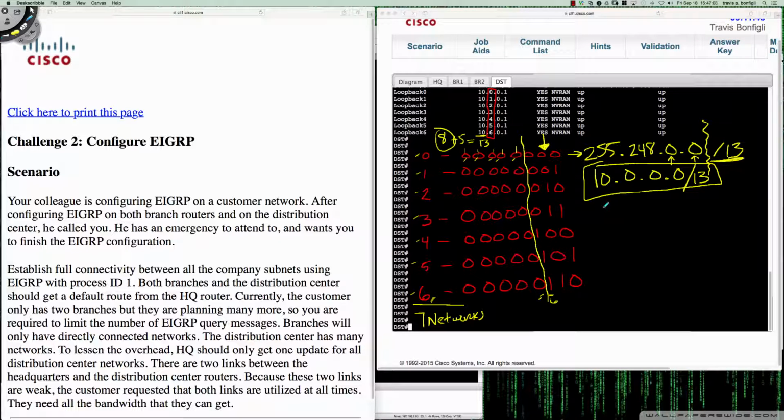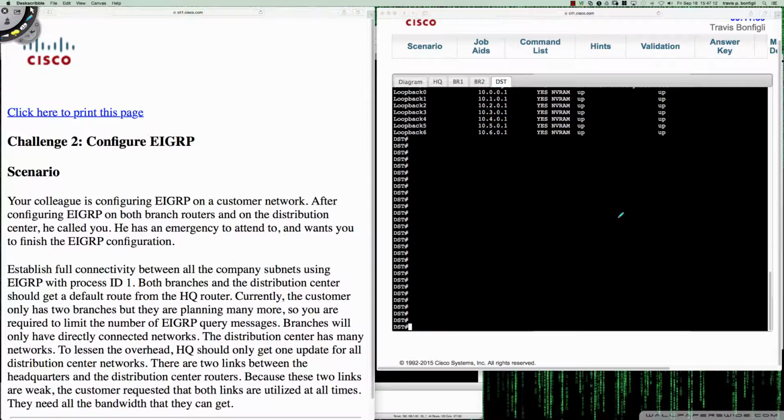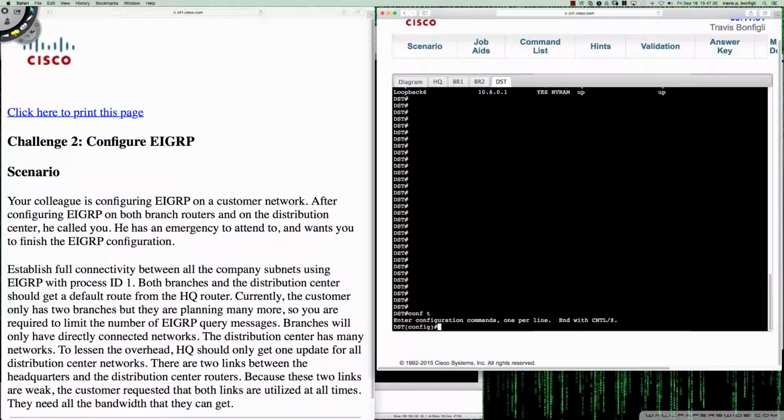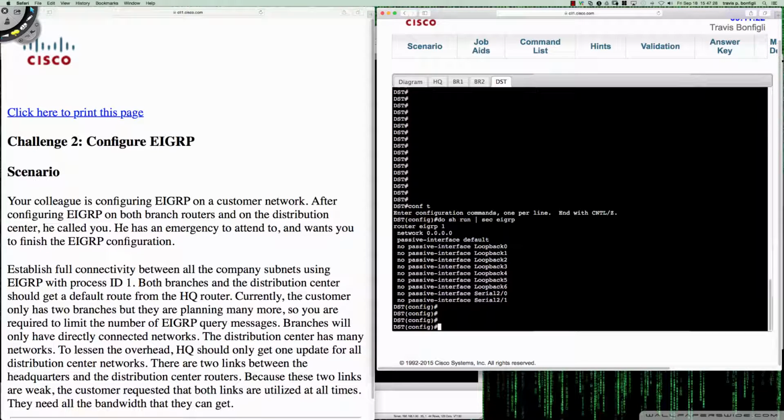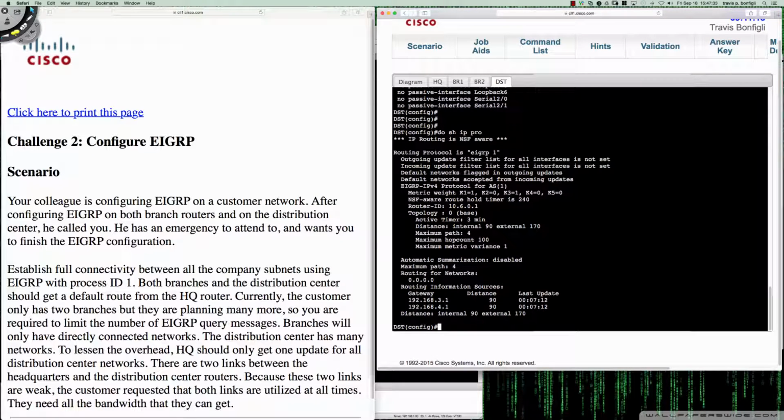So let's go ahead and clear our screen and get the summary entered in. Again, I'm on the distribution switch, it looks like here. So we'll go in from privilege exec to global config. And let me say do show run section eigrp. Let's see what we're dealing with here. All right. So if I were to say do show ip protocols as well, we could come down and we can see,